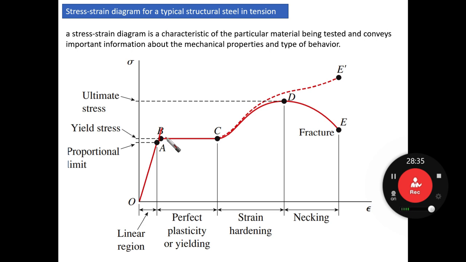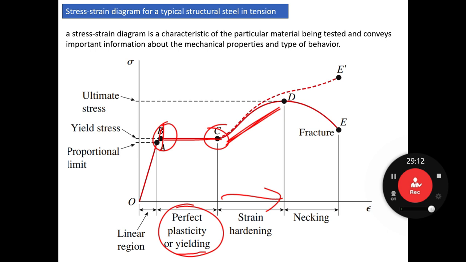After point B, a phenomenon called perfect plasticity occurs, or we call it yielding. From point B to point C, this is the perfect plasticity area. After that, we find another behavior that takes place. We call it strain hardening behavior, where the crystalline structure of the material contributes to increase the resistance in terms of stress with the elongation